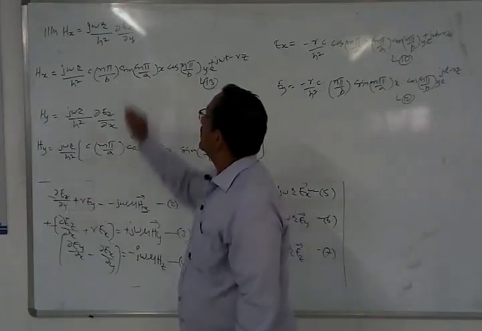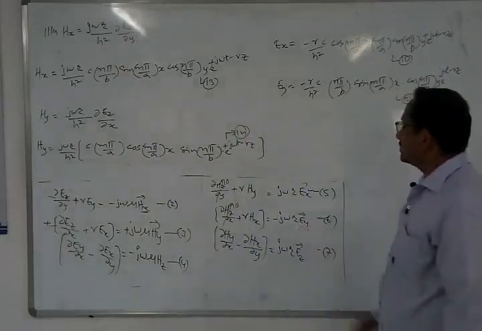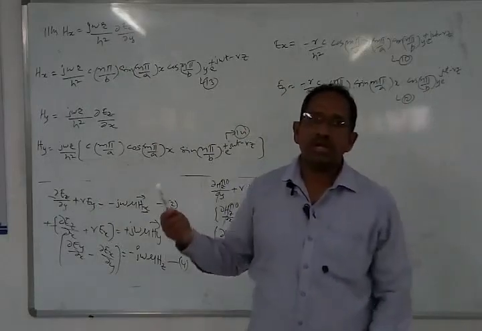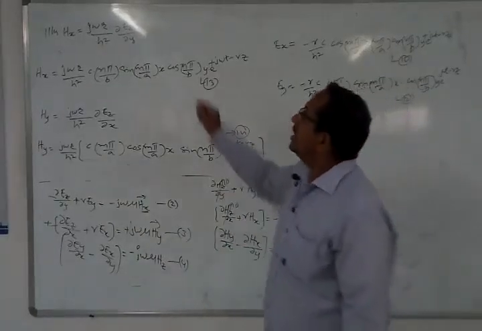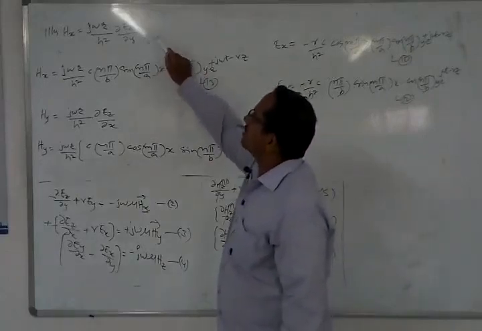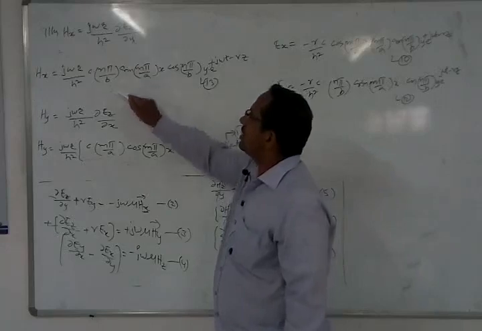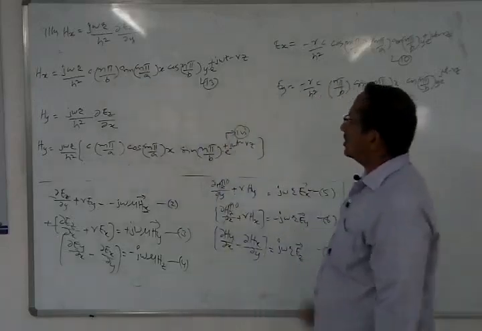Now in this equation, what is it that I have? Dou Ez by dou y. And here I have j omega epsilon, so I will be having j omega epsilon by h square. As we have got it previously, similarly we are going to get h square here. So directly we can just write this equation. Ez anyway we know, so by substituting Ez with respect to y, n pi by b is going to come out, and the rest of the equation is going to be this.